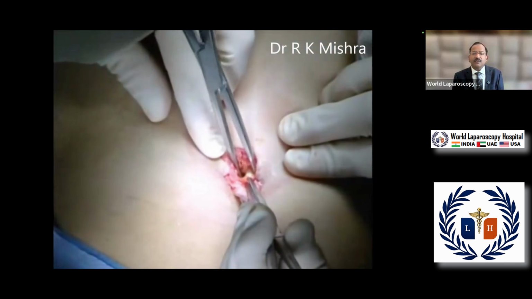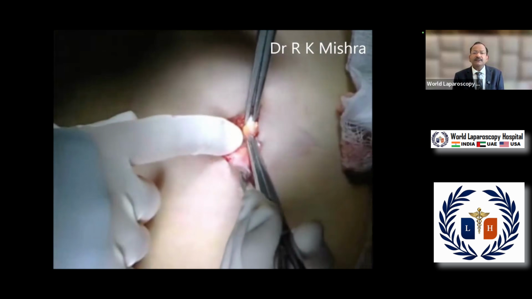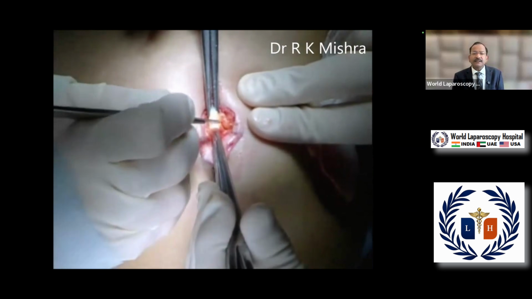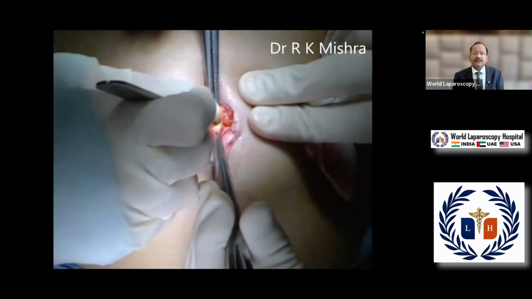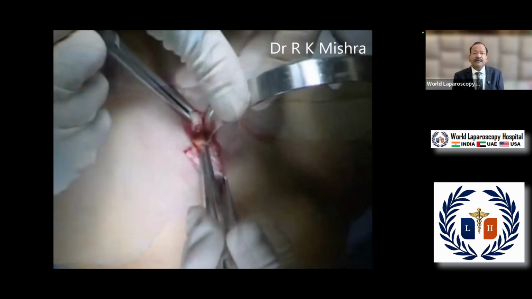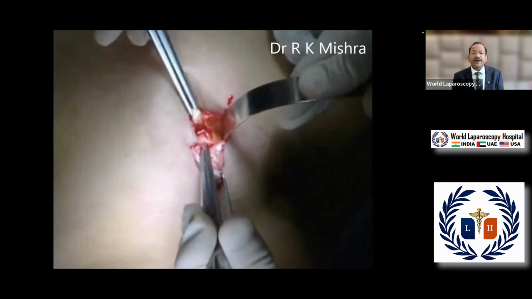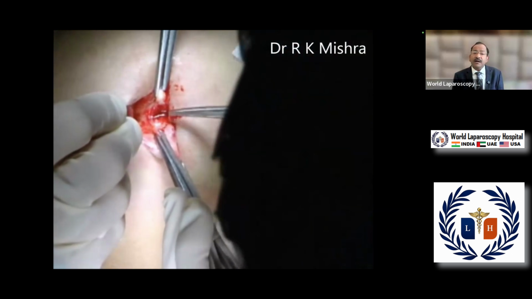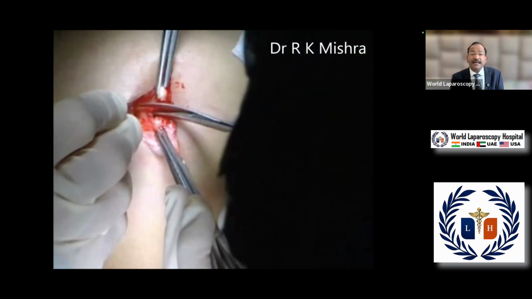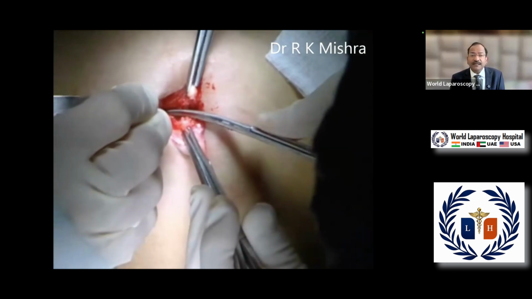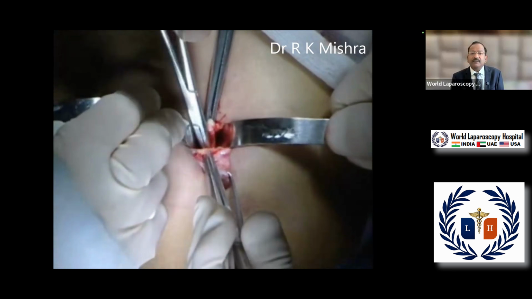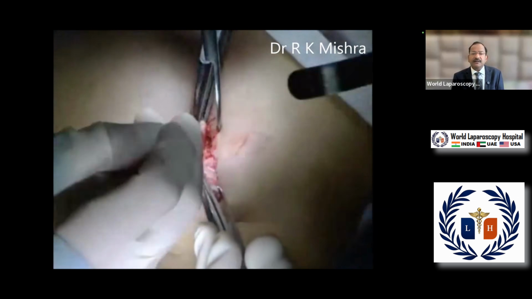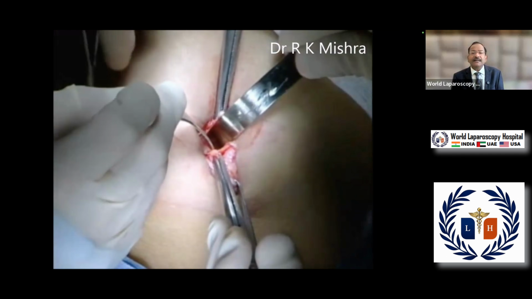And then apply 2 Kocher's, lift the abdomen, and then cut the rectus. This is the rectus sheath, and then extend the rectus sheath incision to 20 mm. But remember, due to this smiling incision, the length of the incision will become 20 mm and the diameter will be 10 mm. And now stretch, this is called the S retractor,